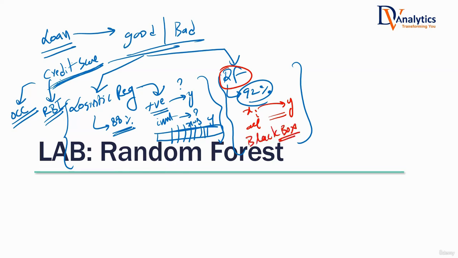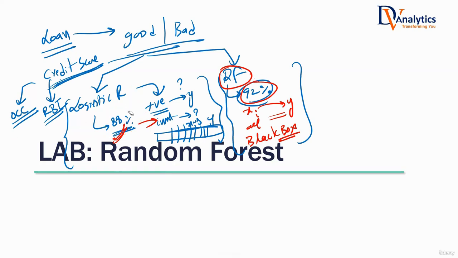Which model will get approval? A model with 88% accuracy and explanatory power, versus a model with 92% accuracy, black box method. Which one will get the approval from the regulatory guys? Tell me. Logistic regression. If they don't understand this model, do they approve it? Do they even put some effort to listen to you? What do you think? The regulatory people are those government guys. Yes or no? They don't pay any attention. It has to be simple.